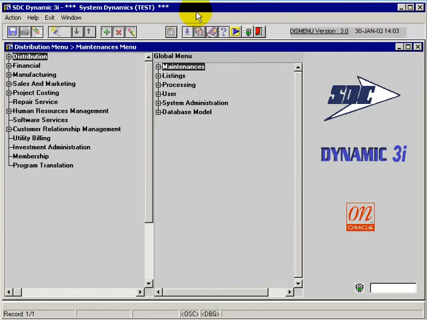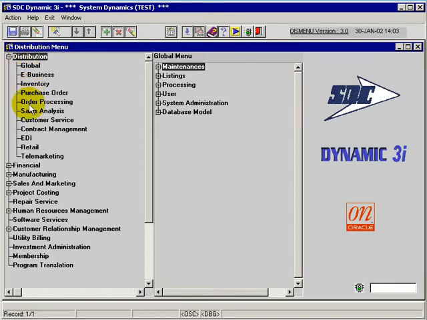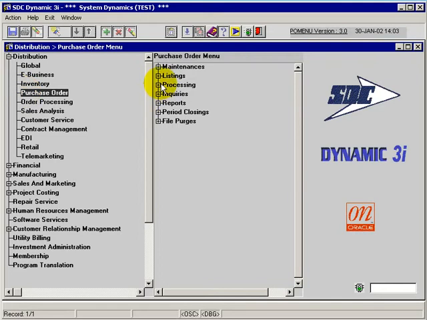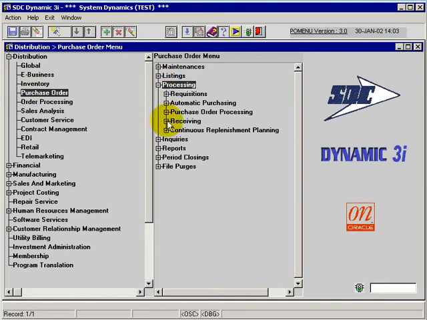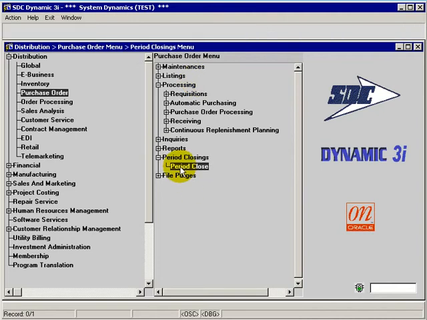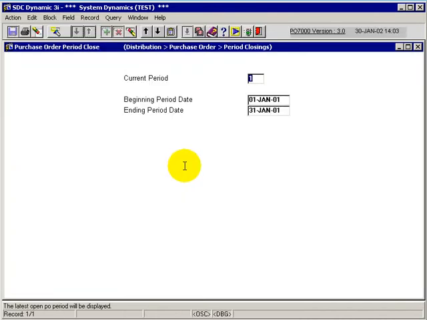In this session we're going to cover the purchase module closing application as far as General Ledger is concerned. Within the distribution, under the purchase order module and under processing, in the function of period closings, we have the period close for the purchase order module. What this application does is flag the period as closed for the purchase order module within the General Ledger